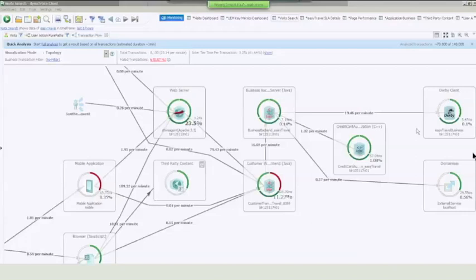There is a mobile premium which helps you monitor your mobile native applications in real time. So definitely get in touch with us and see what you can get as part of that free offering.